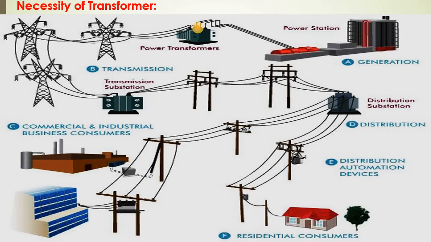If the losses are more, then the generated power will get lost in the losses, and only the rest of the power is available to the end consumers. So to avoid the losses in transmission, the power has to be transferred in an economical way. So what is the way to transfer that power economically?